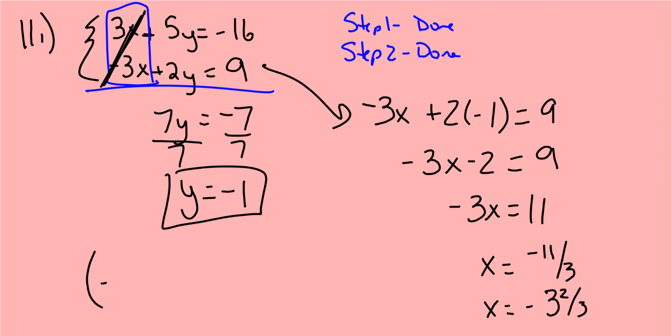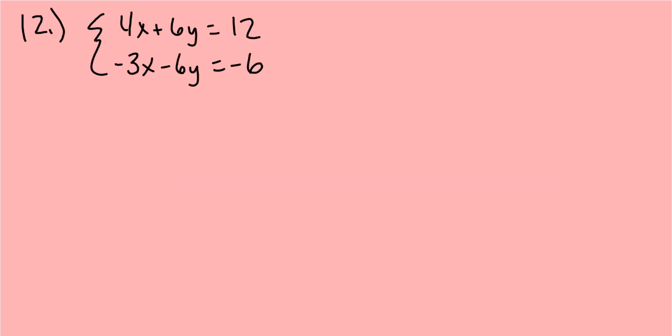So my final answer is going to be negative 3 and 2 thirds. Negative 1. And maybe you put negative 3.67. If you put negative 3.6, it's probably not the best answer. Alright, so remember, step 1 is done. Everything's lined up. Step 2,